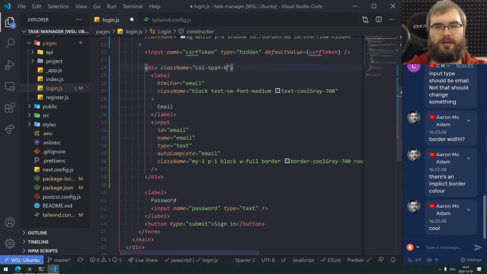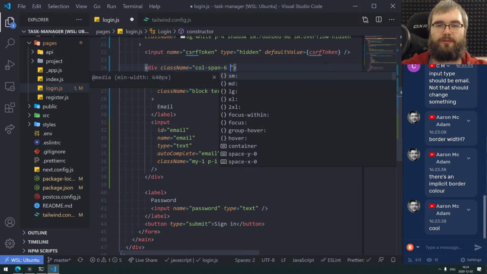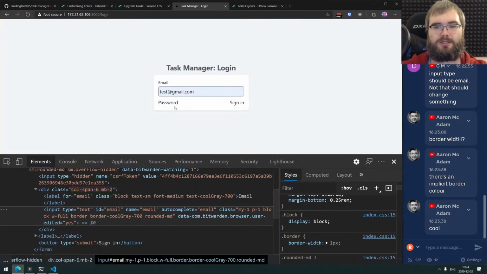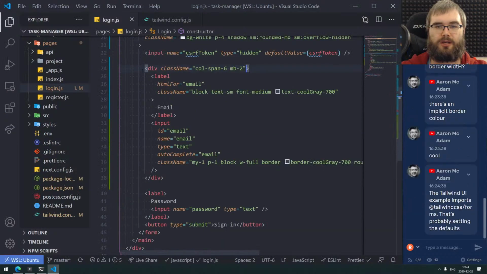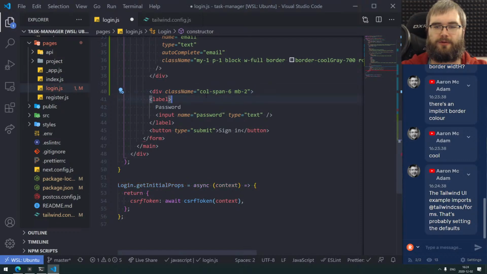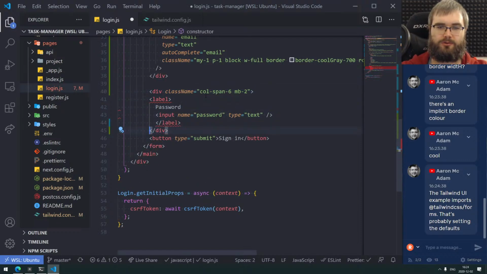And then we got this thing. I don't really care about the responsiveness for now. So we're just gonna go with a simple setup and then add the responsiveness later on. Okay, so let me think. We got this. I want to add some margin bottom to make it a bit more spaced out. There we go. And then we can do exactly the same thing for the other input, right? Okay, so we got this. We got ID password,